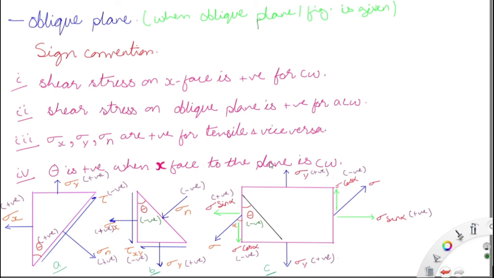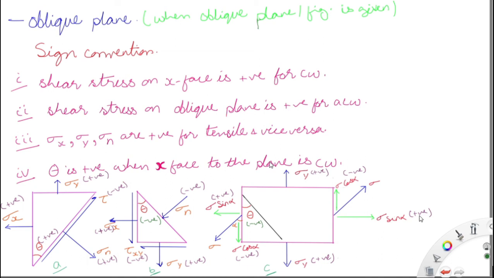In the third figure you have sigma y and one sigma inclined at an angle alpha. So this is the alpha. This sigma has been resolved into two components, so resolution of a vector: sigma sine alpha and sigma cos alpha. Sigma cos alpha will give you the shear stress, and sigma sine alpha will give you the tensile stress. Sigma sine alpha is tensile, that's positive.